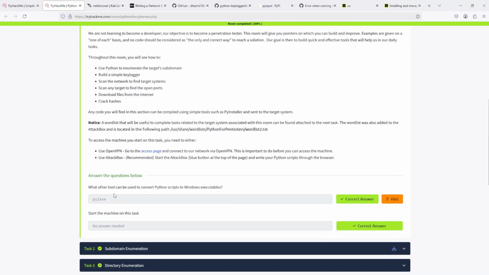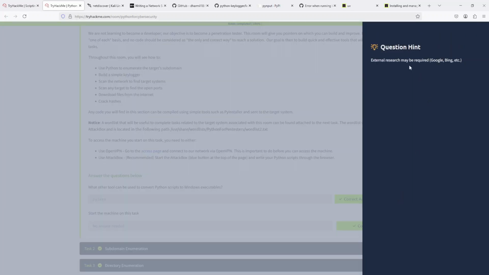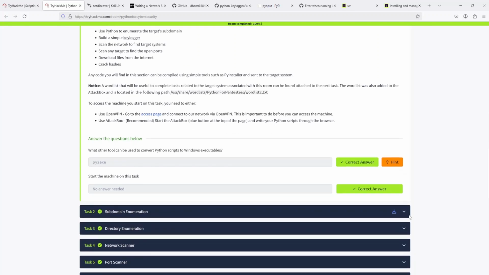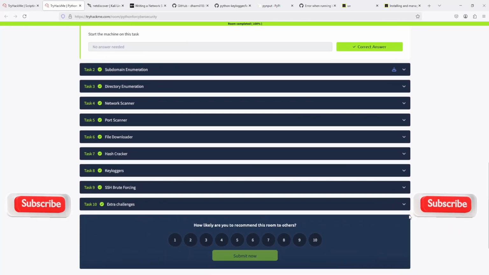Answer the questions below. What other tool can be used to convert Python scripts to Windows executables? So let's see the hint. External research may be required: Google, Bing, etc. And with that we can come to this answer. So I'll focus on the hands-on part. And second one, start the machine on this task. No questions here. Let's proceed to Task 2,